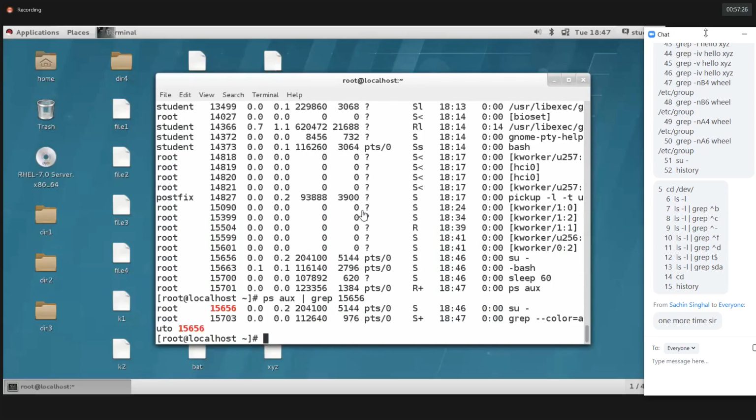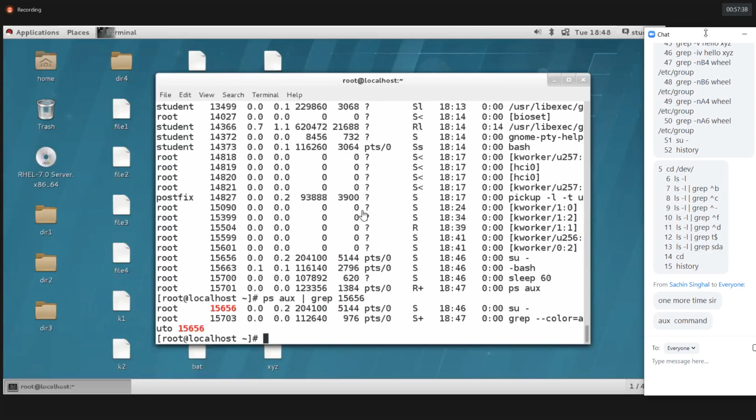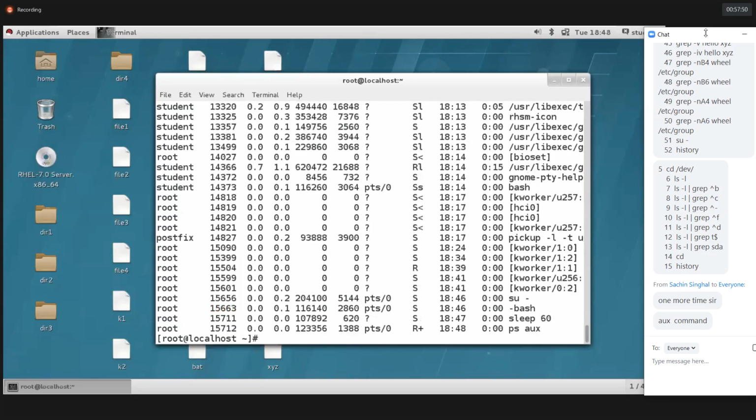Once more, again I need to teach grep. Don't bother about the ps aux. Okay, I said no. So ps aux will give some content, some few details here. It shows how many files and how many processes are running in the background. When we cover operating system process management, at that time I will tell you, don't worry.